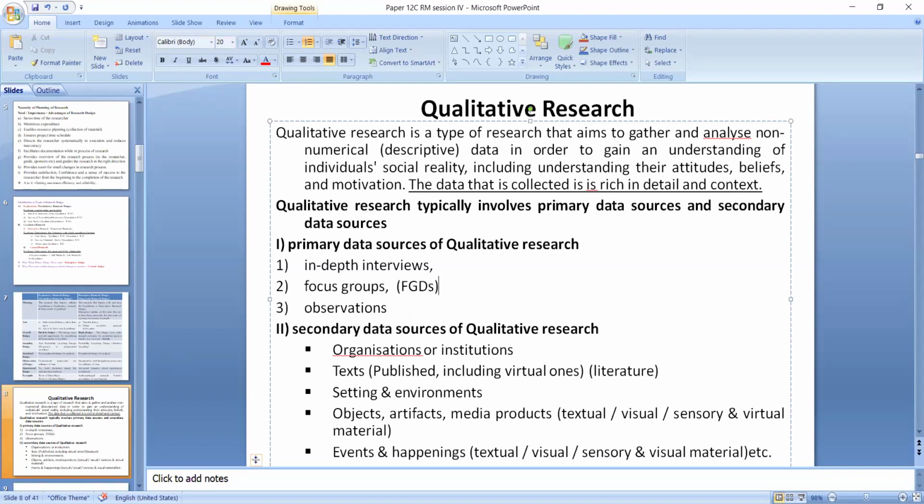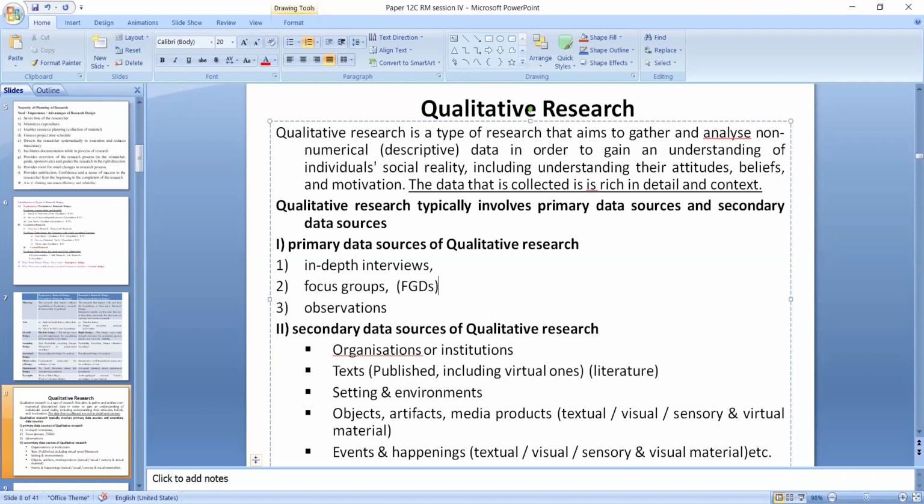Actually, FGDs are interviews only, focus group interviews. But these days, it is a practice to call it separately. So instead of just interviews, they say in-depth interviews. And for group interviews, they call focus group interviews separately, and then observation. But in fact,